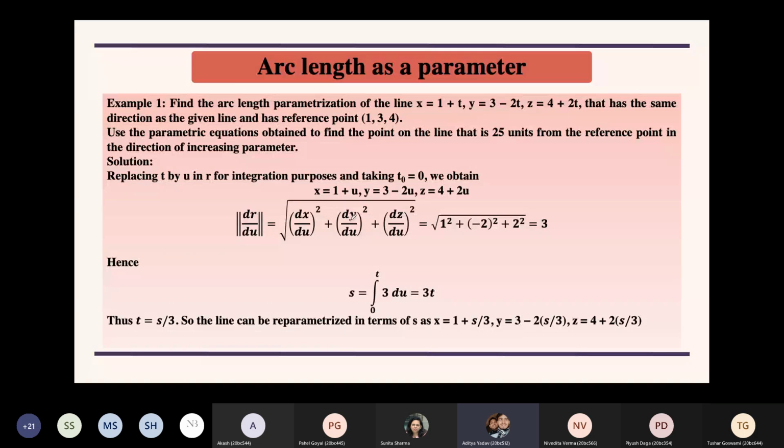Okay, so see, basically you have to remove this T and get S in terms of T. For doing that, we will find the relation between S and T, and this is your formula. The formula is that S is equal to the integral from the reference point to T. This T is any T in general, to any point T. What do you have to integrate? You have to integrate the arc length.